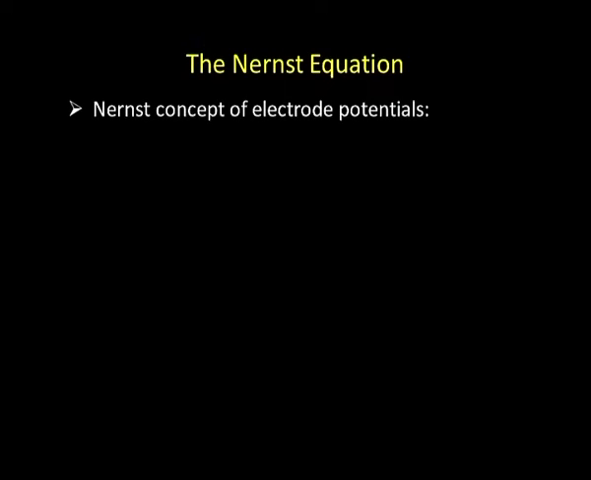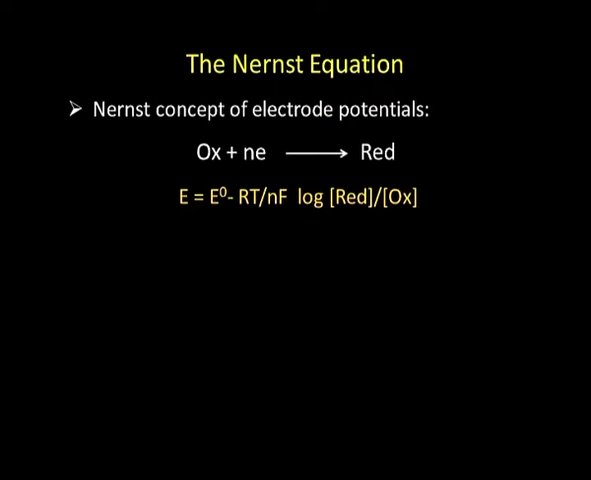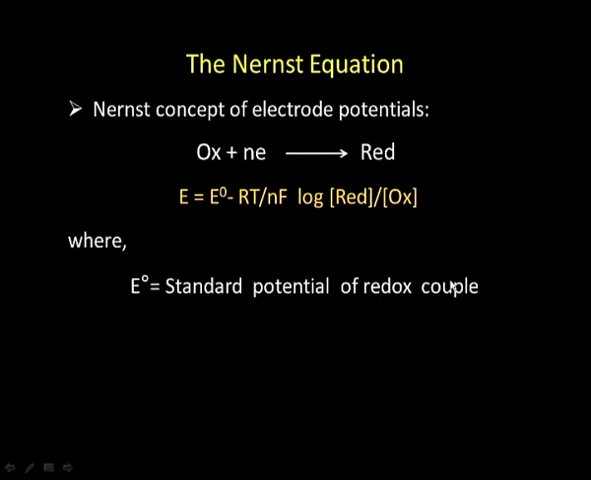Let us now come to the Nernst equation. Nernst's concept of electrode potential is: let us consider a species Ox which is taking an electron to give a reduced species, which we are writing as Red. The electrode potential of this reaction is E = E0 - (RT/nF) log [Red]/[Ox], where E0 is known as the standard potential for this redox couple, R is the gas constant,